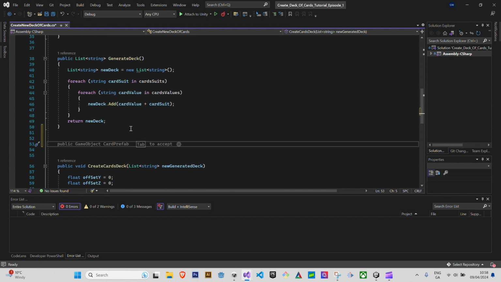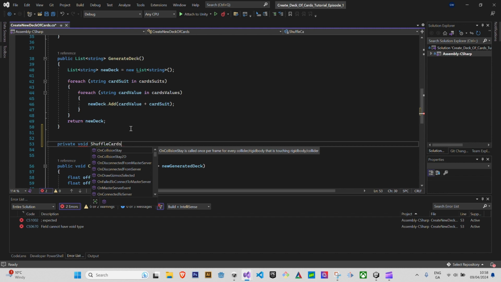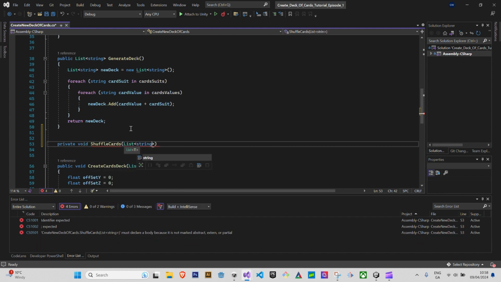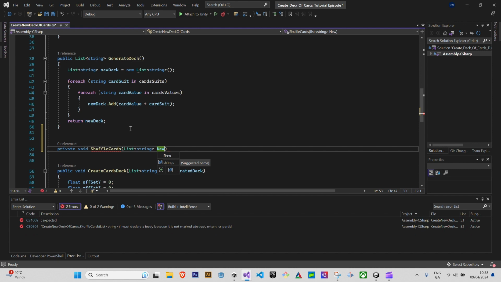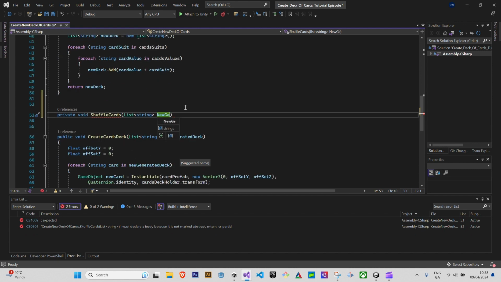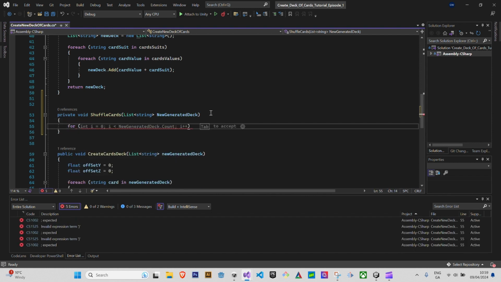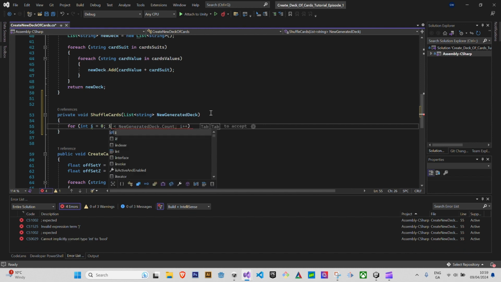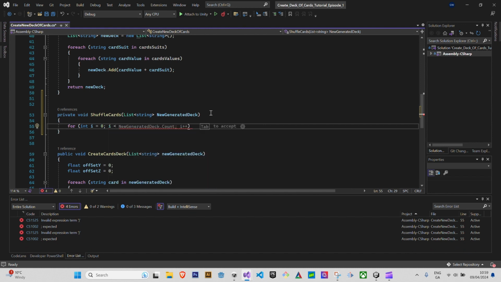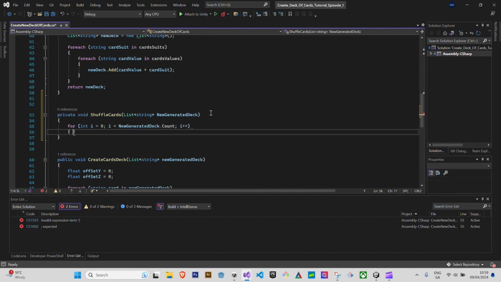Under the GenerateDeck function, let's create a new function. private void ShuffleCards( This function will take a list of strings containing the cards' names. List<string> newGeneratedDeck) { First, we will create a for loop to run the same count as the items in the list. for (int i = 0; i < newGeneratedDeck.Count; i++) {